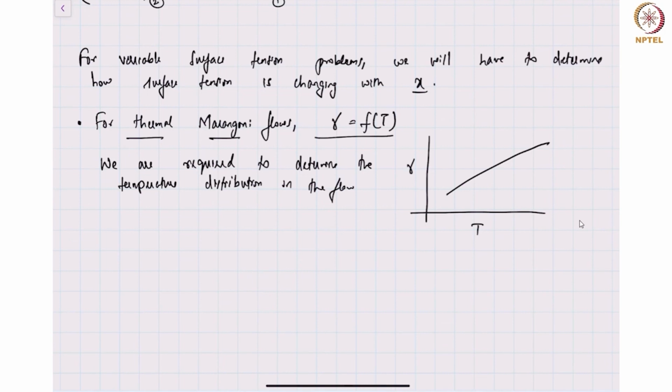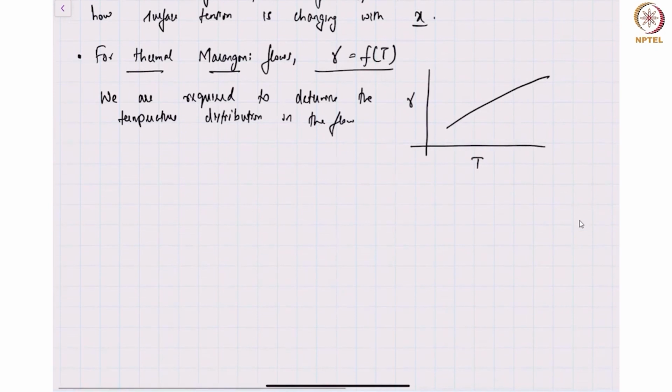If it's varying because of temperature, we can call it thermal Marangoni flow, because the Marangoni flow that is generated is because of temperature gradients. And for that we will need two more equations. One, an equation for temperature, and two, a relation between surface tension and temperature. Okay. So similarly, we also have what is called